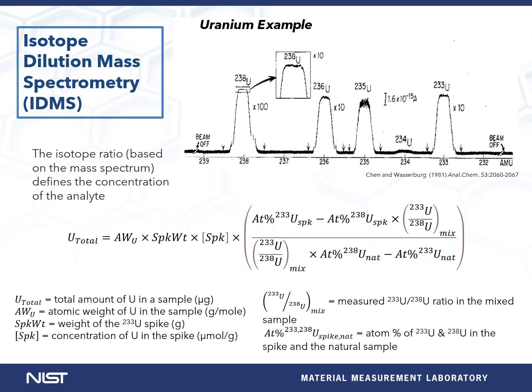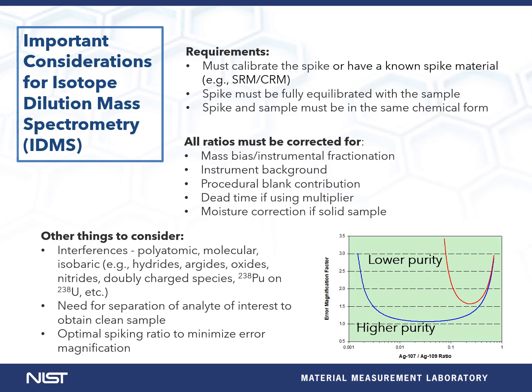minus the product of the atom percent of uranium-238 in the spike multiplied by the measured uranium-233, uranium-238 isotope ratio in the mixed sample. This is then divided by the product of the measured uranium-233, uranium-238 isotope ratio in the mixed sample multiplied by the atom percent of uranium-238 in the natural sample minus the atom percent of uranium-233 in the natural sample. This result would then be divided by the mass of the natural sample to obtain the concentration in micrograms per gram. Similar to isotope dilution alpha spectrometry, to achieve accurate and precise results from the isotope dilution mass spectrometry technique,